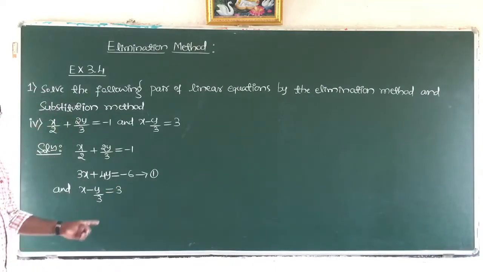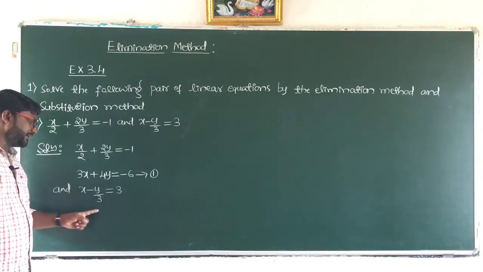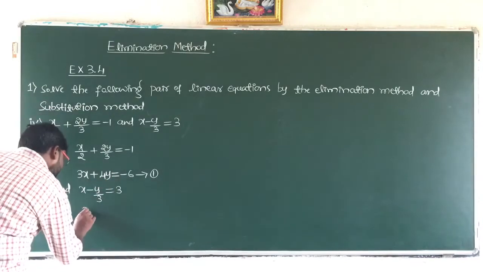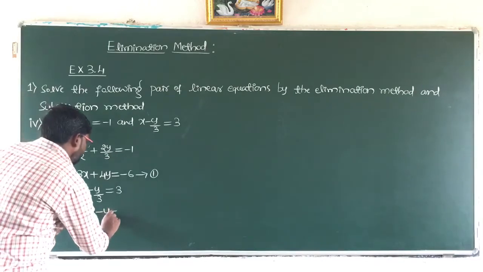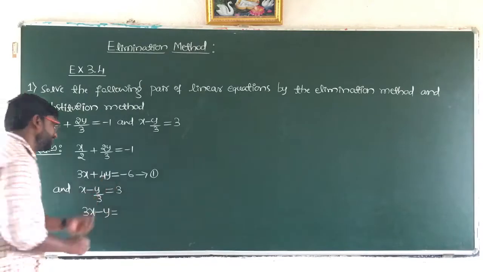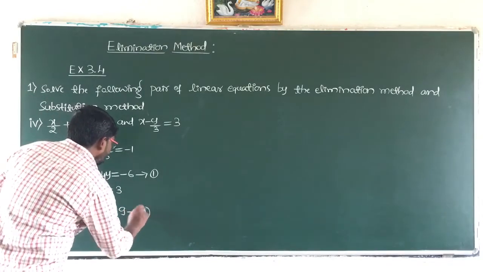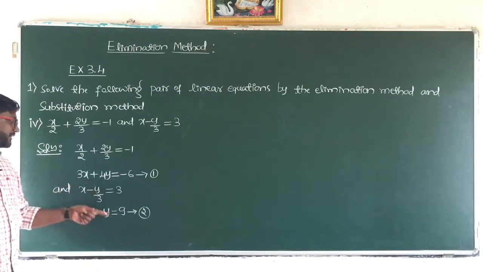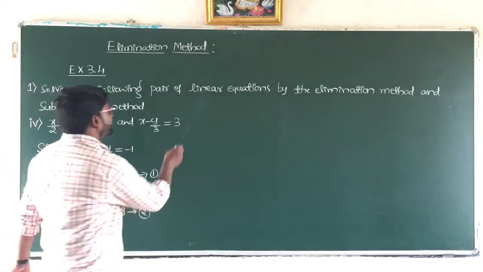So now here also we have to take up the LCM. 3 will be multiplied with x, then whole divided by 3. That 3 I take to the RHS, it will be multiplied with 3. So 3x minus y equals, the denominator 3 taken to the RHS will be multiplied with 3, 3 into 3 is 9. This equation I call equation number 2. So now see equations 1 and 2, here we have 3x and 3x. So solving 1 and 2.